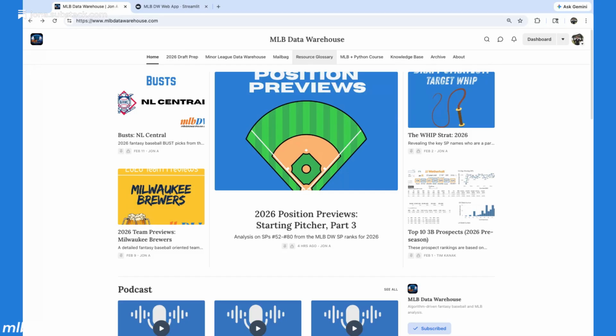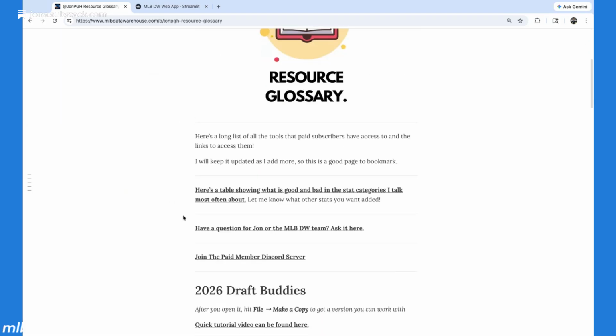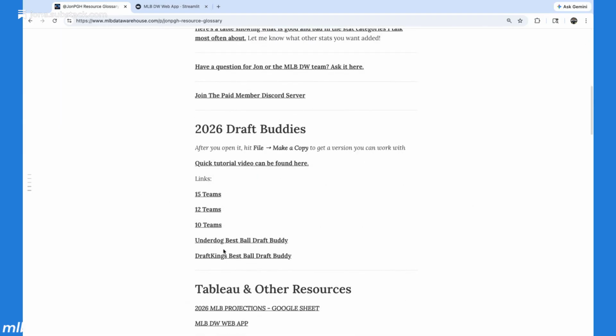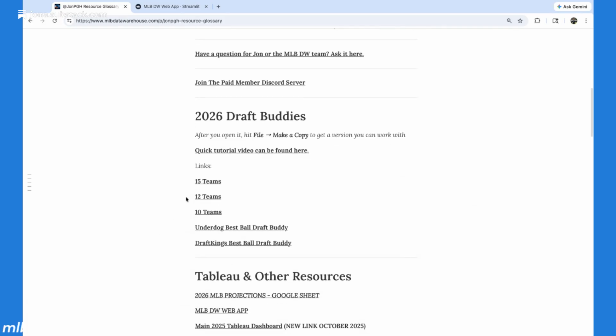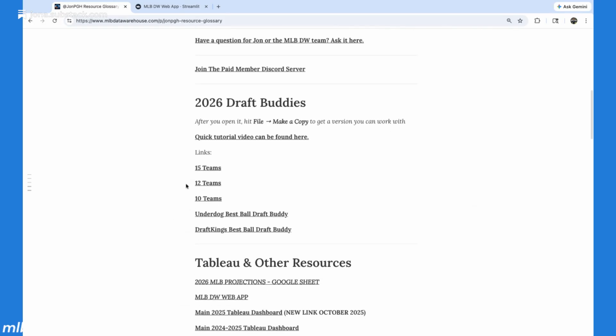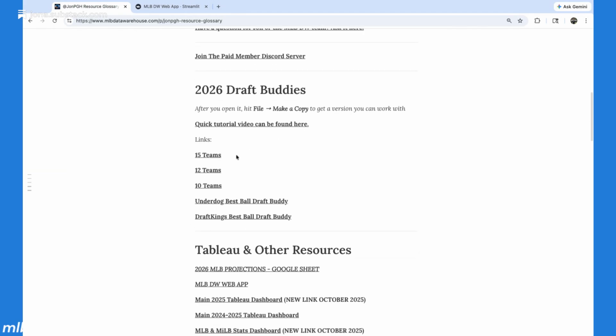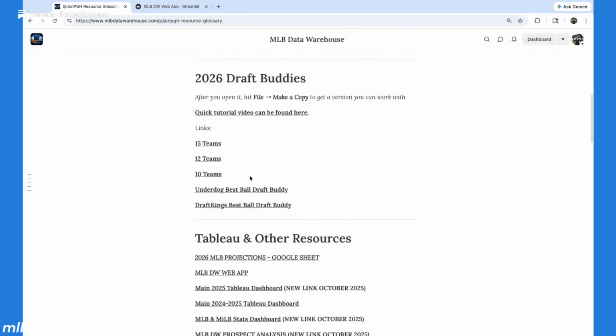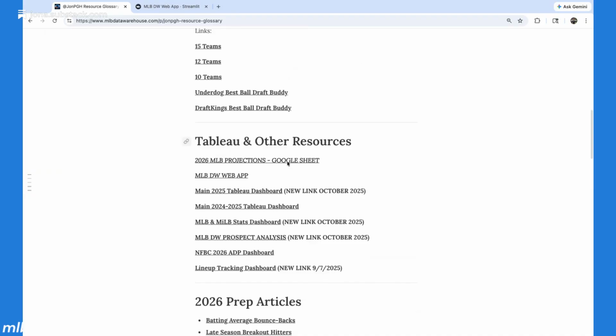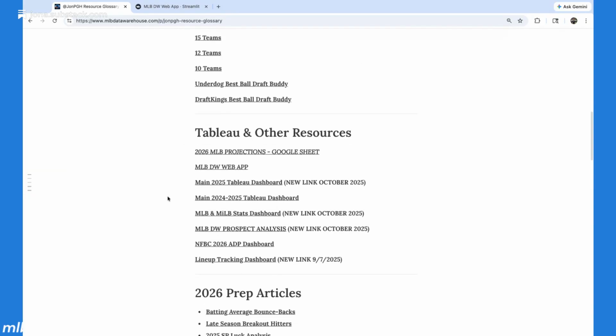But if you're on desktop, it's really easy to find right here in the top middle of the navigation. This will give you all of the relevant tools. Right now at the top are the Draft Buddies, because it's just that time of year. There's a tutorial video there, but we're not going to spend time on that. I've already done that. But here are the main things, the Tableaus and the Streamlit app. It has shrunk